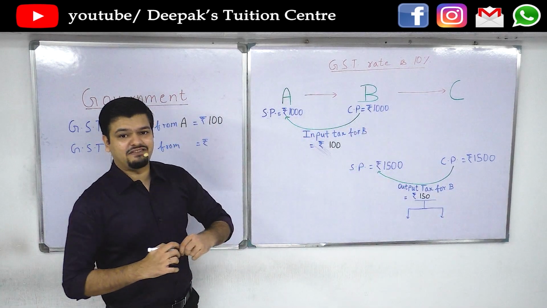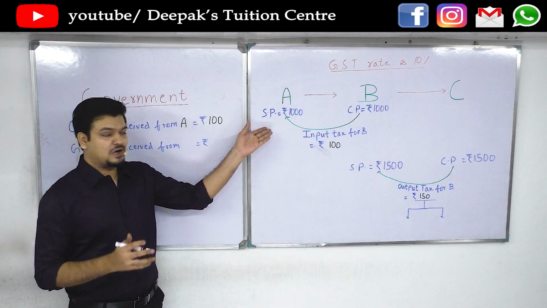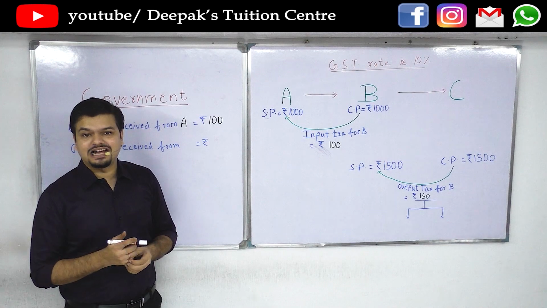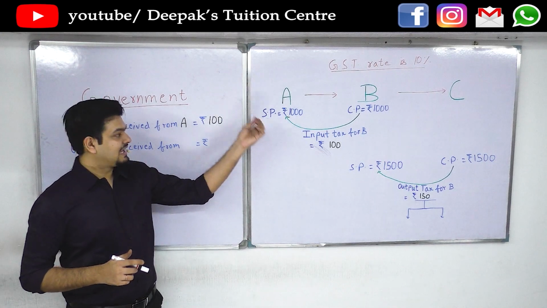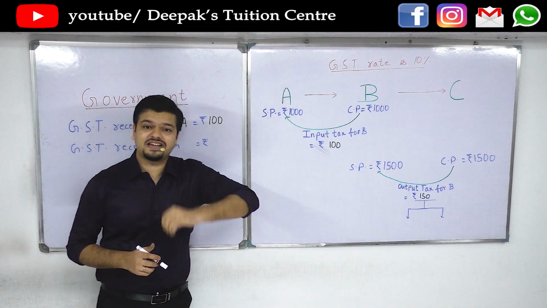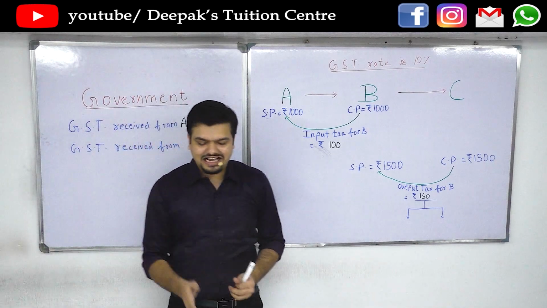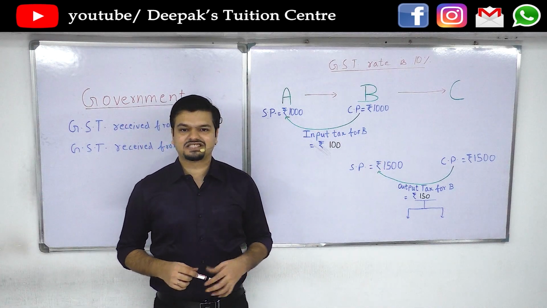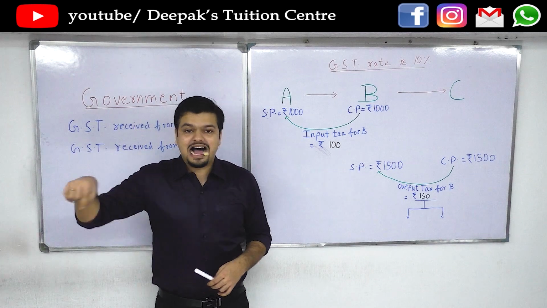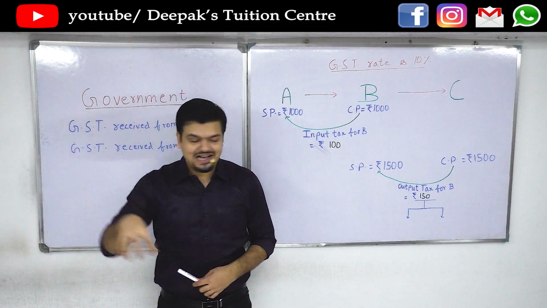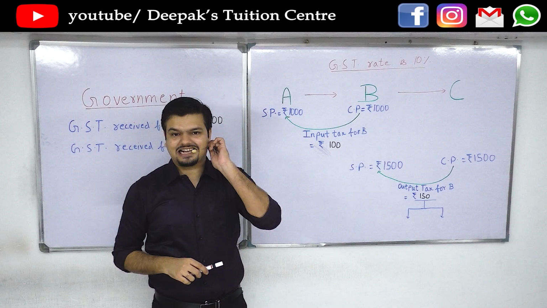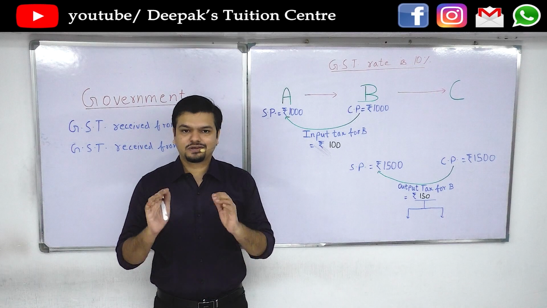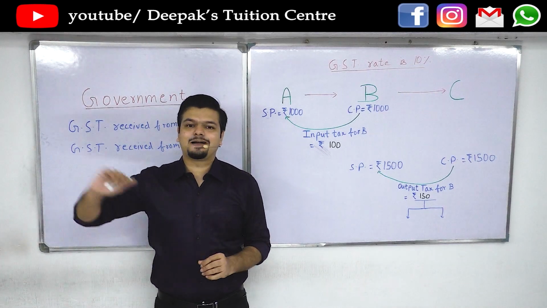Now, I was saying that we will assume that the cost price of the article for A is 0. Why was I assuming that? Because if A had paid a certain amount of tax previously, then A would obviously tell the government, look, I had paid this amount of tax, now I have collected 100 rupees. I should not be paying tax because I am a bypasser. I just pass the product. The ultimate bearer of the tax is the consumer, so whatever tax he pays, only that you should get. Therefore, I will deduct my tax and pay you the rest.